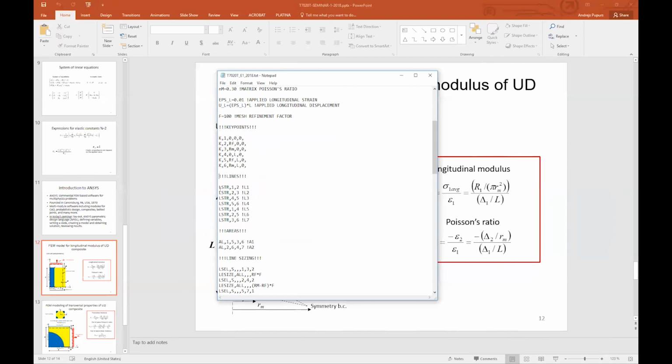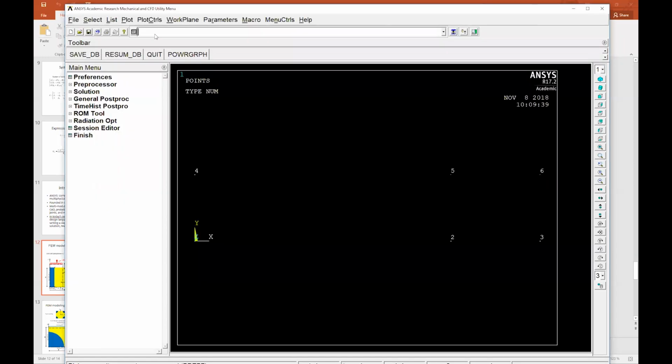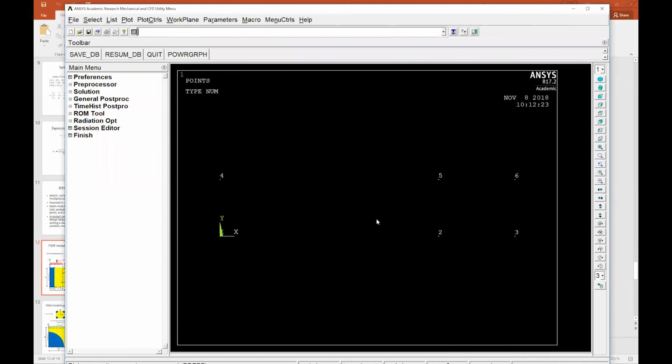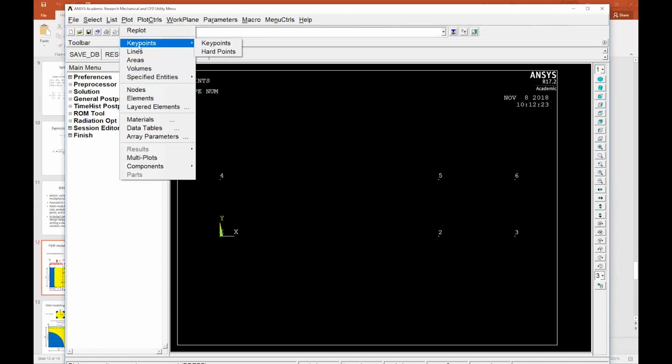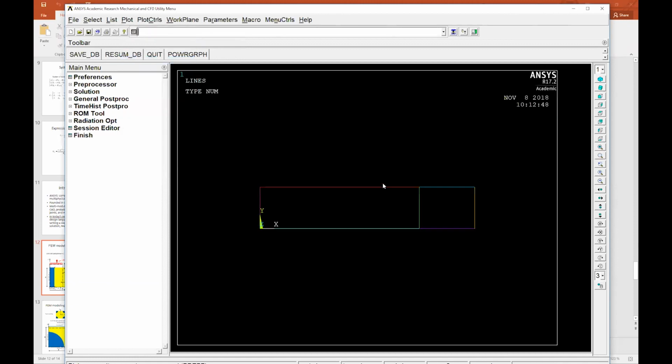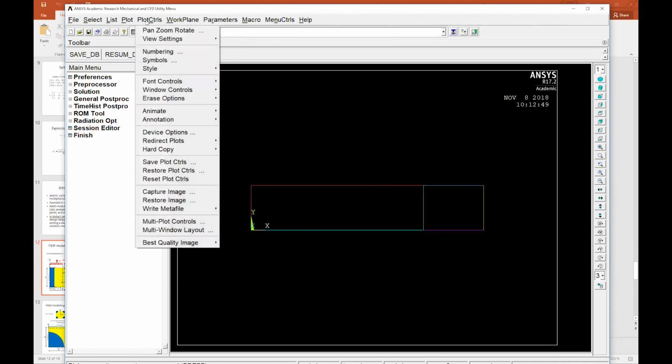I will now copy paste these commands in the command window of ANSYS so that you see that those lines will be created. So you see, they're not there yet. If you want to plot something while using this interface, because now and then you will need to use the interface, of course, just to review your results as well, you can go to the utility menu, go to Plot, and then you can select what you want to plot. Lines, for example, will give you the lines. Plot Areas will plot the areas, but of course we don't have any areas, so we just see the lines. And then there is also, under the plot controls, Numbering,